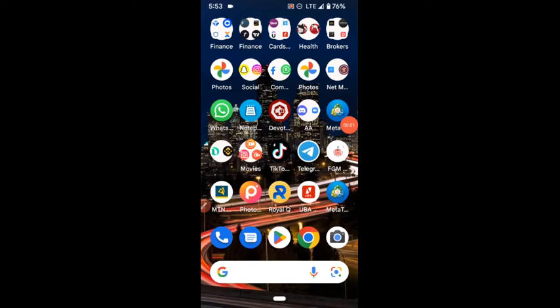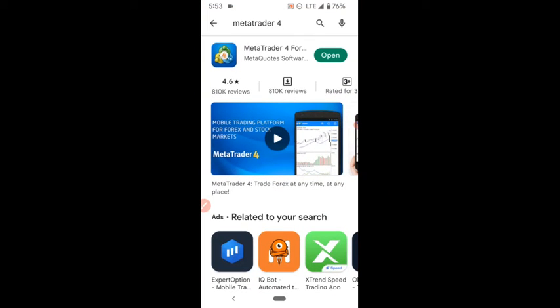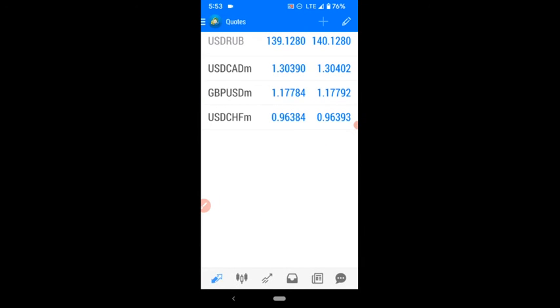Hello traders. So this is a tutorial on how to use the MT4 mobile app. You go to your Play Store and search for MetaTrader 4. You can see I already downloaded this, so I just need to open it. But if you have not downloaded it, you have to install it first. Once you open it, you see